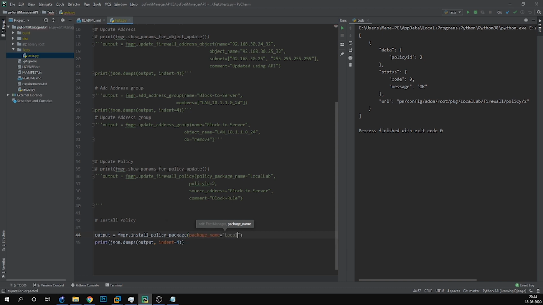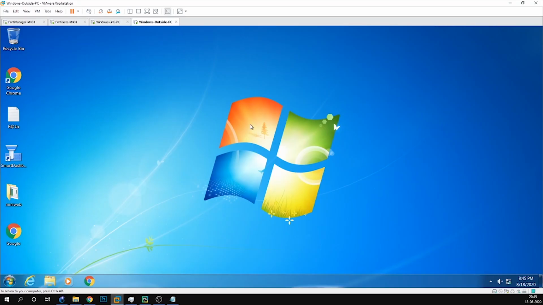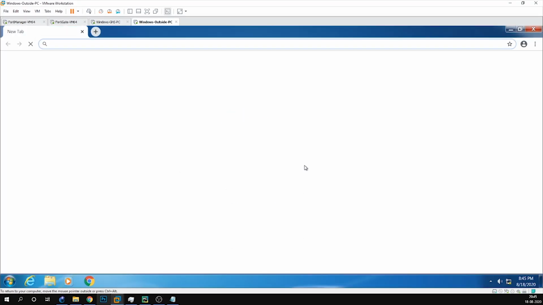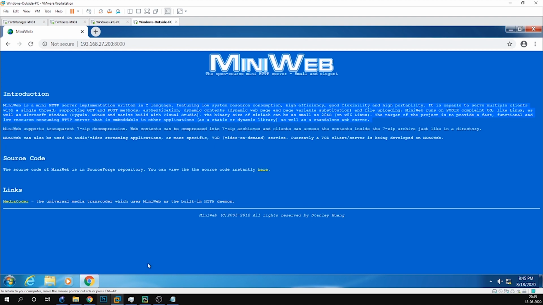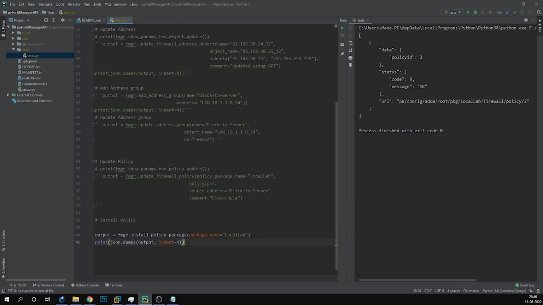In our case, it is local lab again. With this statement, the policy will get installed. But first, we will try to access this server again from our attacker's machine. Okay, he is able to access. So with our configuration, we will now push the policy to FortiGate, and let's test if he is able to access.